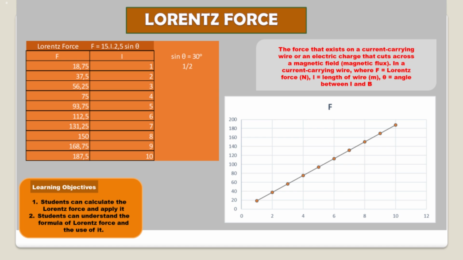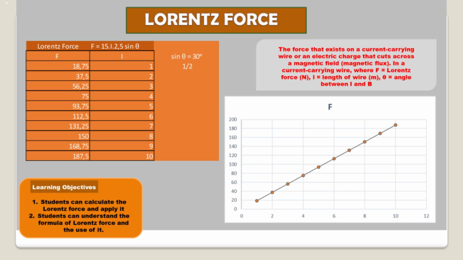The force that exists on a current carrying wire, or an electric charge that cuts across a magnetic field or magnetic flux. In a current carrying wire, F is Lorentz force with the units of Newton, L is length of wire with the units of meter, and theta is the angle between I and B. The formula of Lorentz force on a current carrying wire or an electric charge is F equals B times I